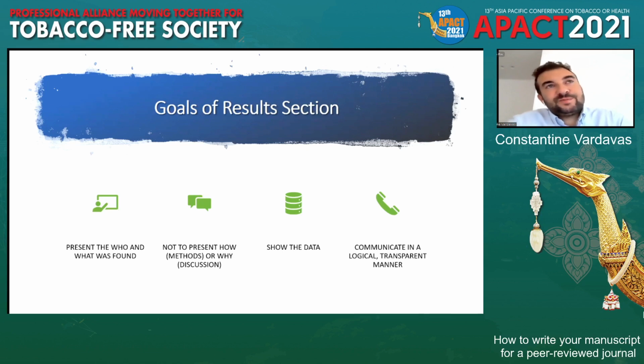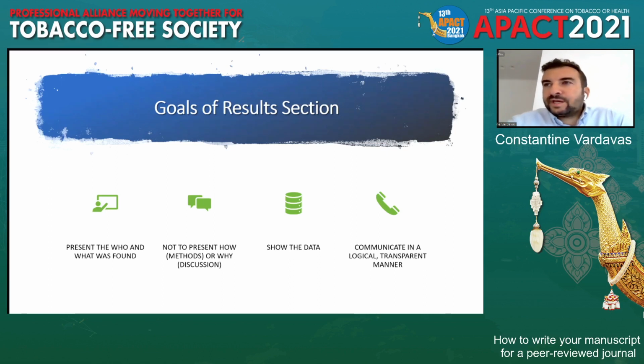So when you're presenting the results, think of it as presenting as boring as possible. You want the reader to read the results very boringly. So you don't need to add in words such as, we interestingly noted that secondhand smoke exposure was higher among 5 to 6 year olds. It is interesting, of course, but you don't use the word interesting. You must present it very blank.